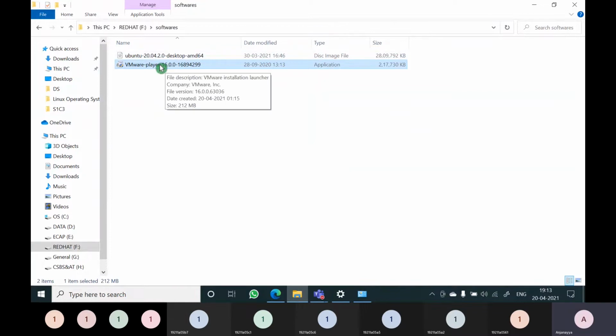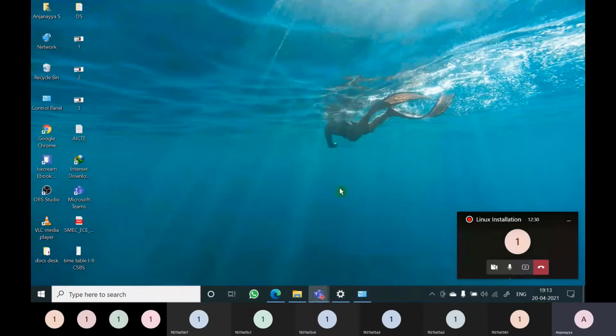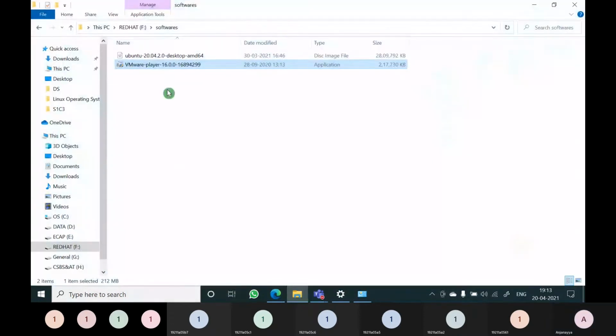Now I will install this VM Player first. I am installing VM Player.